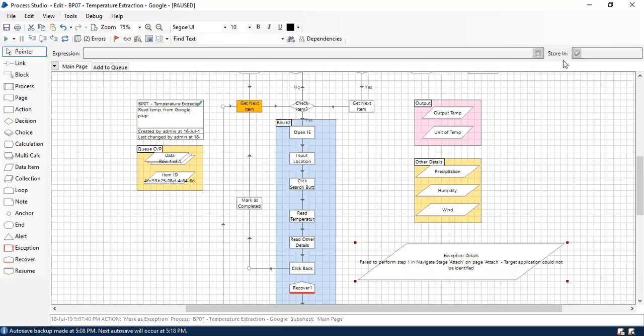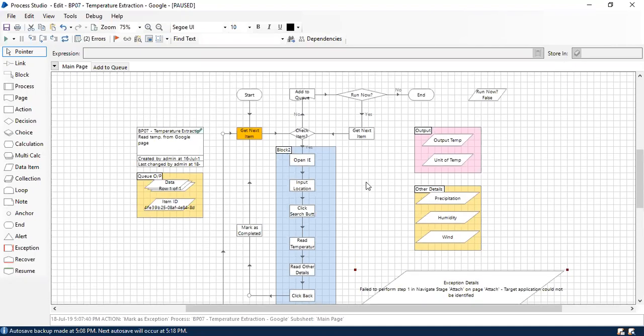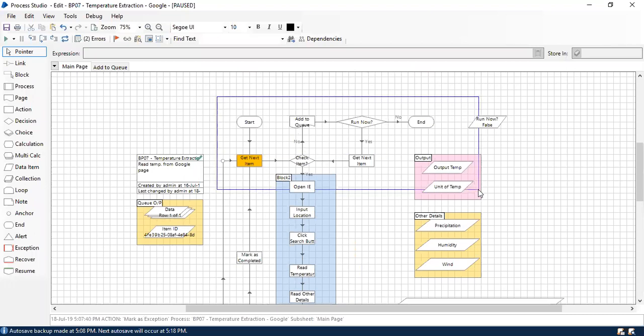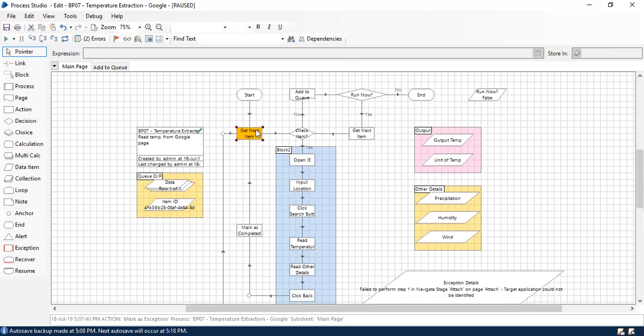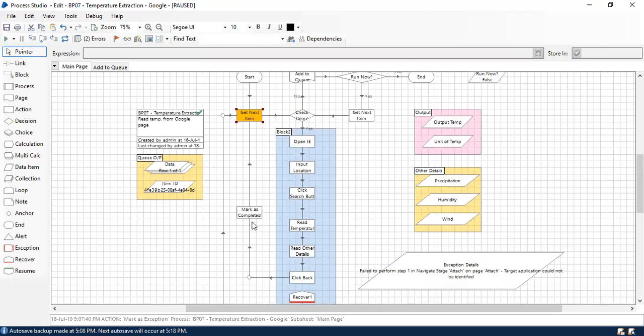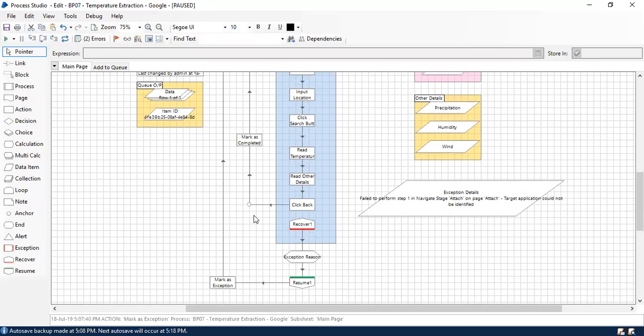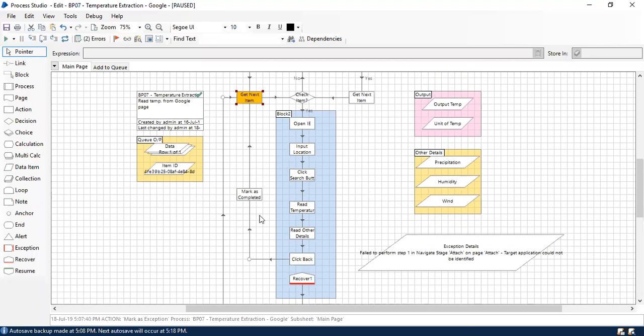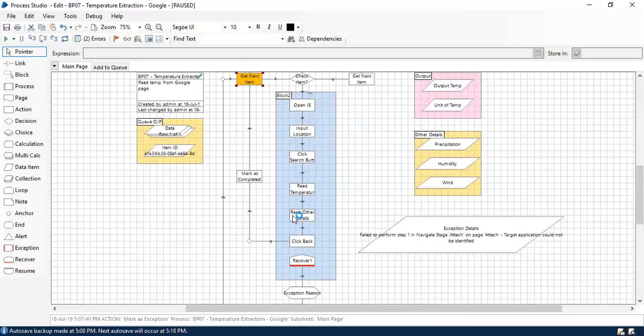So that's pretty much on using get next item, and followed by that we have seen mark as completed and mark as exception, how to use them and how to place them in our process. If you're a bit worried or confused about using all this logic, I have put it here, so don't take it too much. Just make sure you know how to use get next item, how to place mark as exception, and how to place mark as completed, so that it will be useful when you build the next process. Make sure you know how to connect it back or how to use this set of actions, which is get next item, mark as completed and mark as exception.